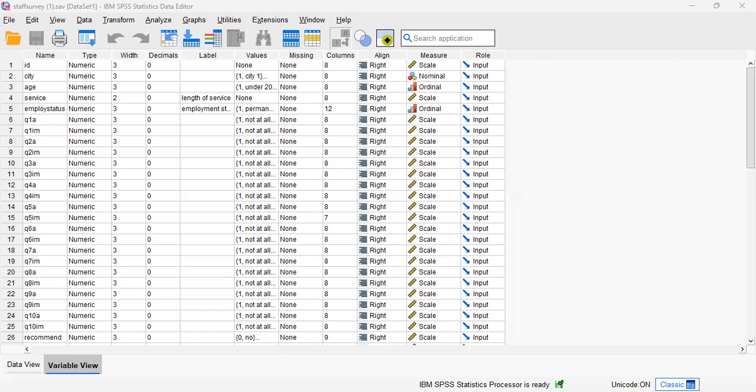Then we worked on years of service and the log service transformation variable. When you drag that over, it gives you the option to hit OK, and it'll actually create